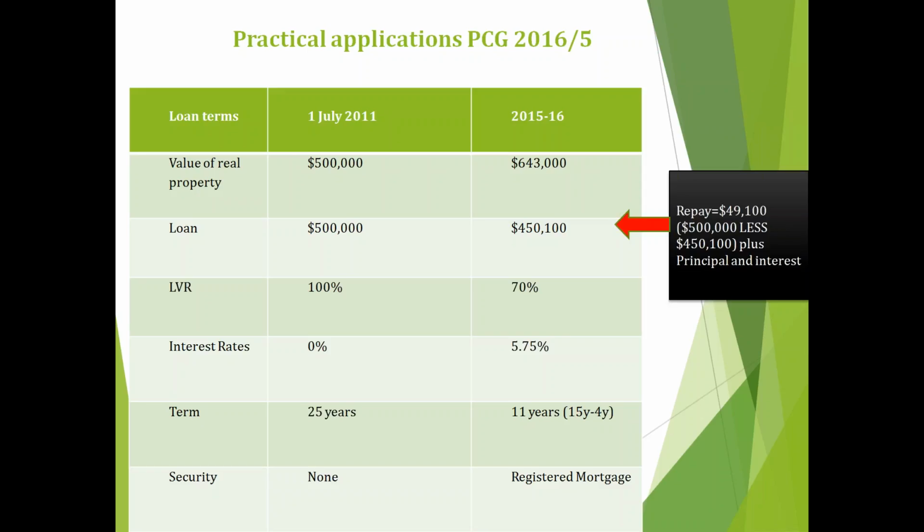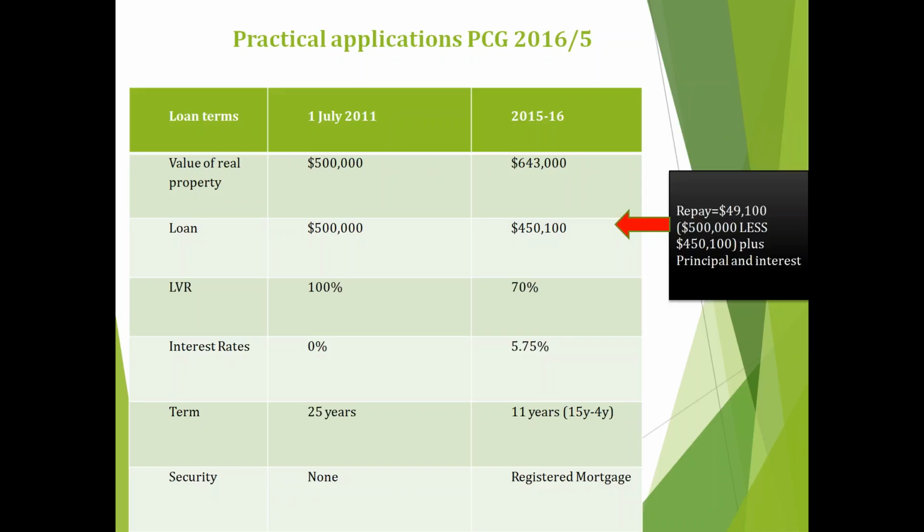The value of the property, 500,000, had subsequently risen to 643,000 on 1st July 2015. There is clarity in the guidelines that the market value of property as on 1st July 2015 may be used to determine the maximum loan amount. Based on 70% LVR of 643,000, the maximum loan amount is